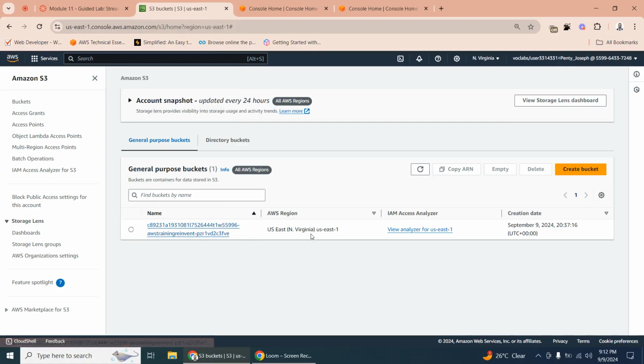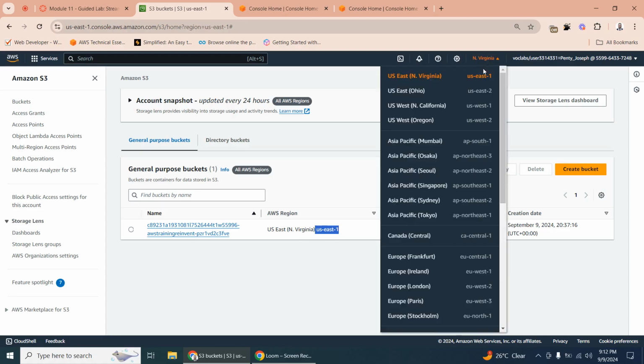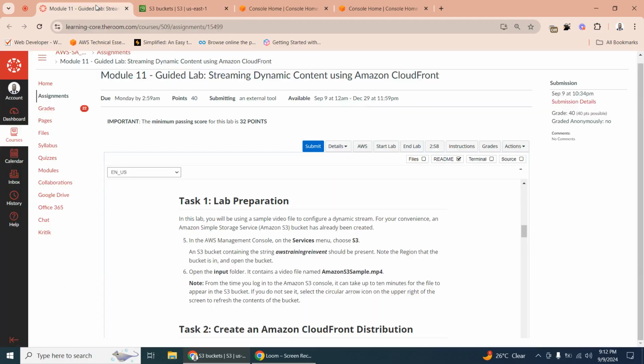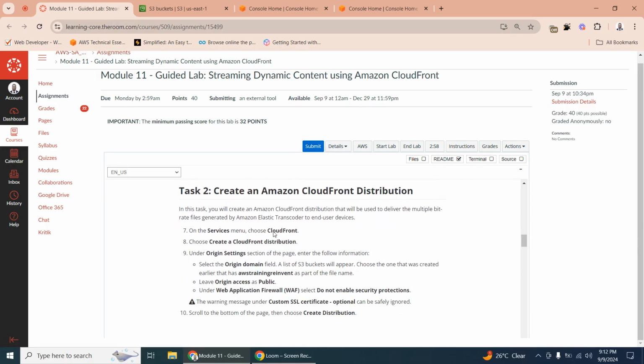They said I should also check the region. The region it is in is US East 1, which I think is North Virginia. Yes, so it's right here. You can see that it was created right here. Okay, so the next thing I've been asked to do, that is task 2,